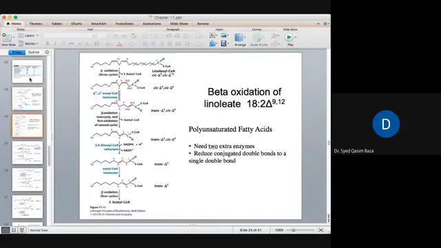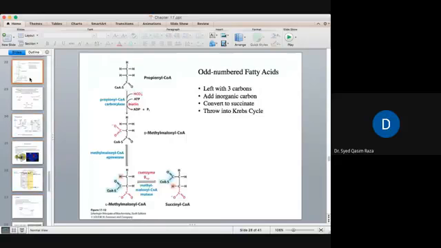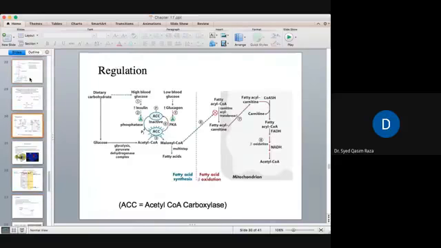फिर हमने सैचुरेटेड के बाद अनसैचुरेटेड पढ़े, मोनो अनसैचुरेटेड की बात की, पॉली अनसैचुरेटेड की बात की, और फिर हमने ऑड नंबर की भी बात की, और ऑड नंबर के बाद फिर हमने उसकी रेगुलेशन, और आज का हमारा टॉपिक था पेरोक्सोसोम्स। यहाँ तक कोई क्वेश्चन है तो कर सकते हैं।